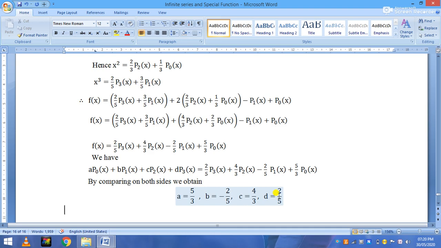So this is the last concept of module 4 on infinite series and special functions. In this module I will repeat: the module name is infinite series and special functions. In the infinite series, the concepts are D'Alembert's ratio test, Cauchy's ratio test, and the root test. Then in the special functions, Bessel's theorem, then two properties, J of 1 by 2 and J of minus 1 by 2, then the orthogonality theorem, and the last one is the Rodrigues formula. By using Legendre polynomials, we solved the examples. So this is module 4. Thank you. In the next video, we'll learn module 5, that is numerical methods.